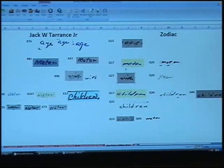We've got the word with, where both the Zodiac and Jack use a connection between the T and the H, and the laziness and drag from the I to the T causes a 7 or a crossed 7 effect that you can find occurring in both authors' writing. Children,